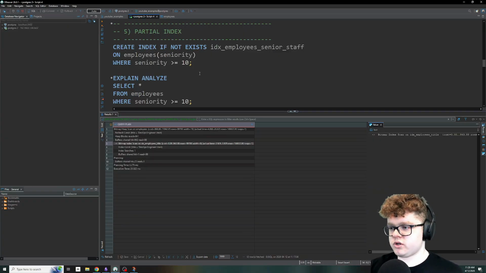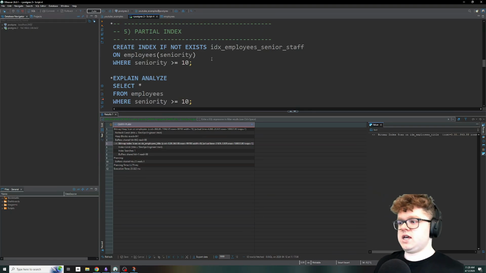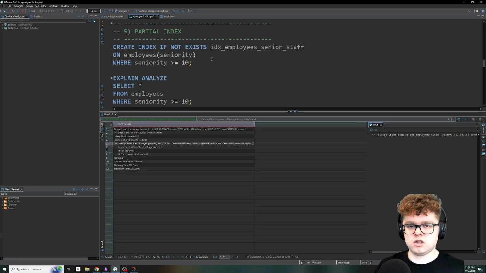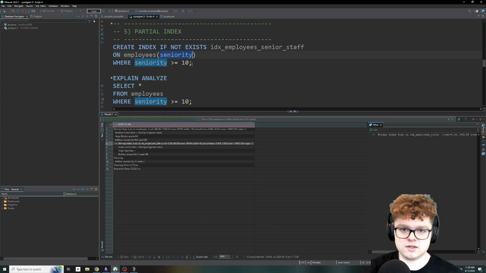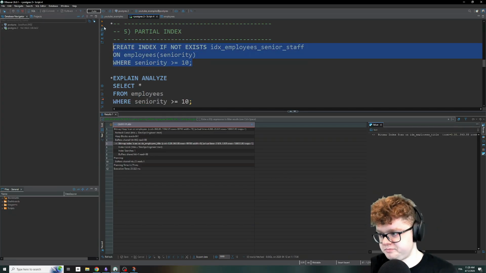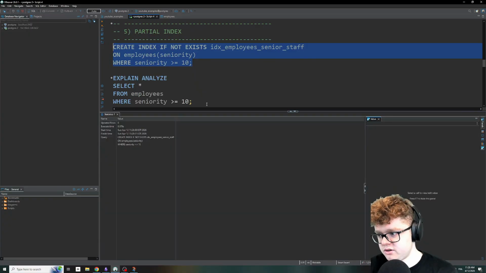So what we're going to do then is what we call a partial index. A partial index is basically an index that, instead of doing it for a full column, it's going to do it for a specific number of rows of that column based on a criteria, right? So we could create an index on seniority, but only where it's equal to 10 or more years. So if we create that here and then we query that,